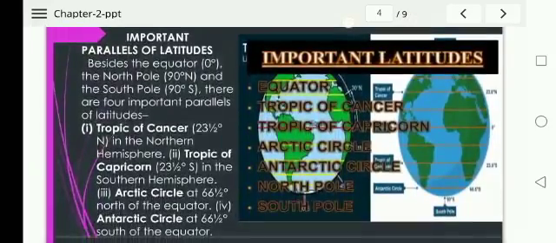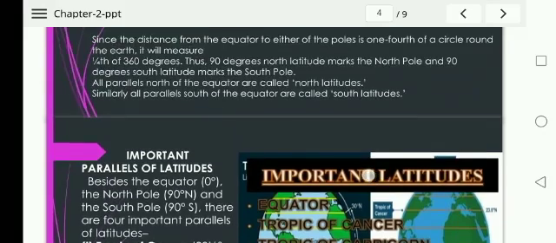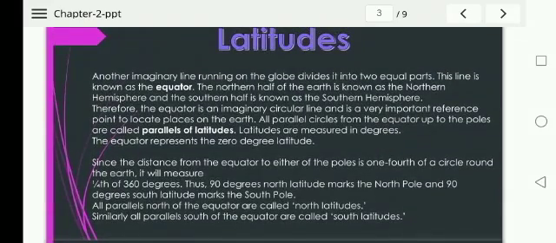As you can see in this image, the equator is at 0 degrees, which divides the earth into two equal halves, and the north half of the earth is known as the northern hemisphere and the southern half is known as the southern hemisphere. Therefore the equator is an imaginary circular line and it is a very important reference point to locate